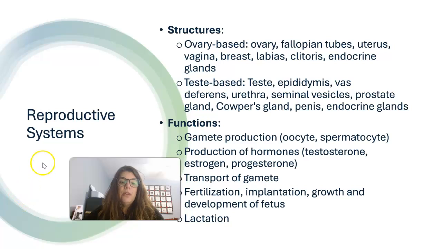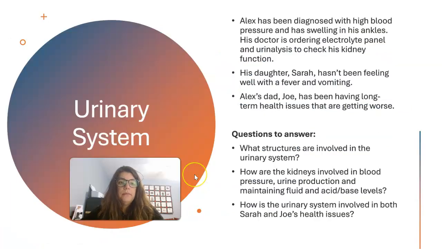Some things to think about as you go through this unit this week. Looking at Alex, he has been diagnosed with high blood pressure and has swelling in his ankles. His doctor's ordering an electrolyte panel and a urinalysis to check his kidney function. His daughter Sarah has been feeling unwell with fever and vomiting, and his dad Joe has also been having some long-term health effects that are getting worse. So things to think about are what structures are involved in the urinary system, how are the kidneys involved in blood pressure, urine production, and maintaining fluid and acid-base levels, and how is the urinary system involved in both Sarah